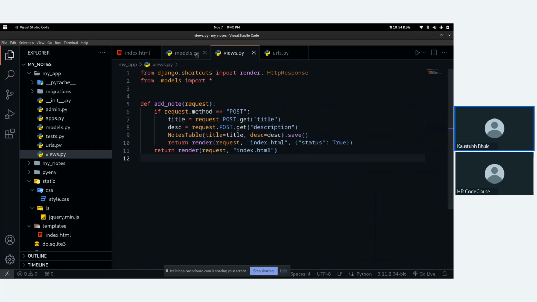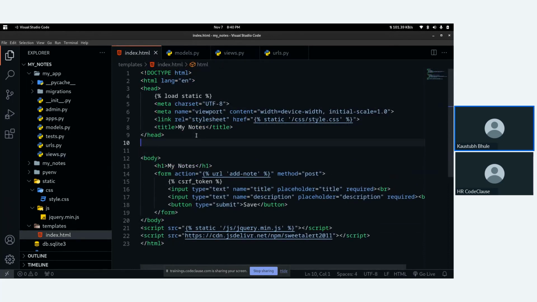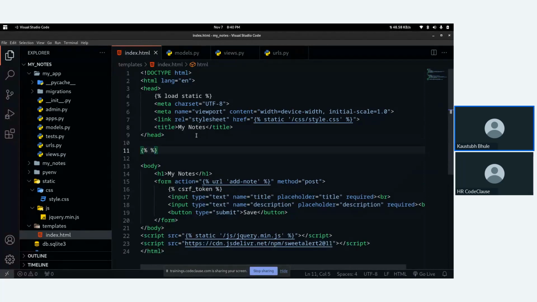Okay, now on the HTML part, I will check using this syntax if my status. So basically, what we are doing, we are sending this status variable, dictionary variable, from our views to the HTML page.